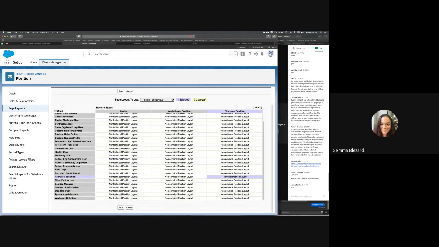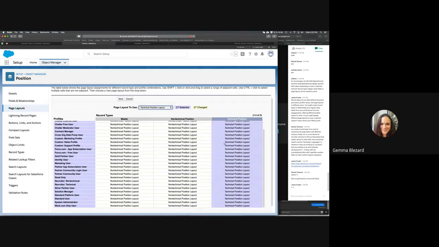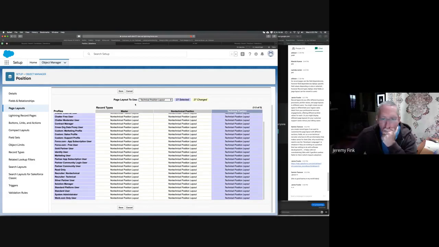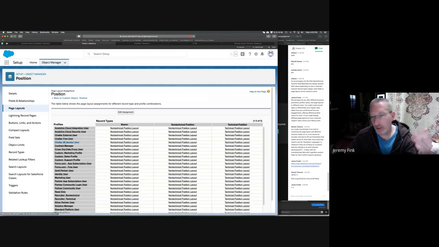Yeah, select all of that column. Oh, okay. Oh, look at that. Then select technical, and then save it, and your job's done. Oh, so it selects that for every role, everything, even though many of these profiles wouldn't be using it, but